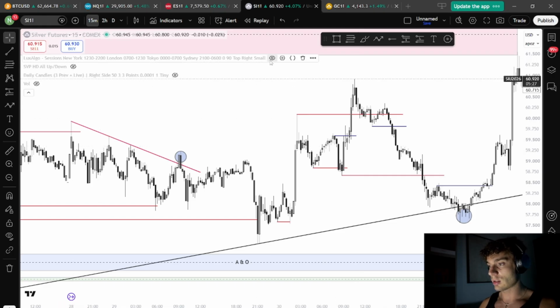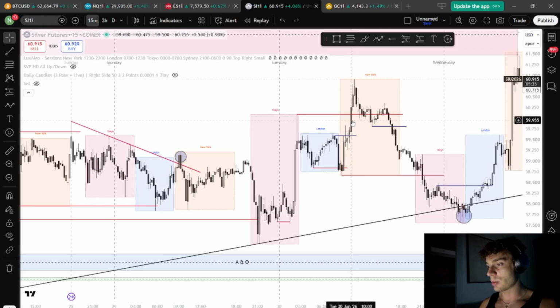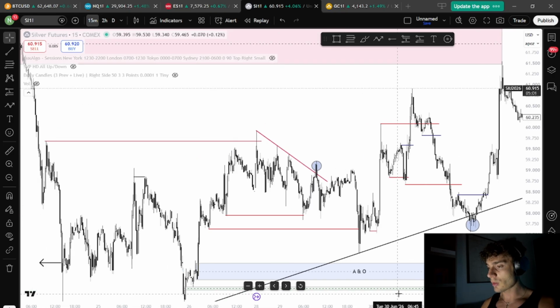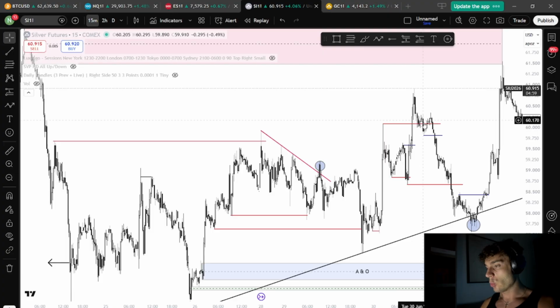Look at this. If I put the sessions here, it's gonna be New York session. So we go down, we sweep the London low, as I said in the previous video, session lows, session highs are also very important levels of liquidity. We sweep the London low, we sweep this internal level of liquidity and we push to the opposite side. Boom, this is a perfect trade here for you. After that, what happens? We go back